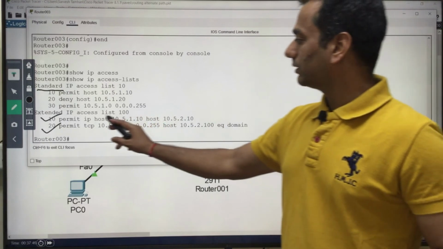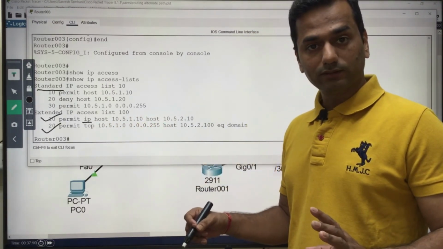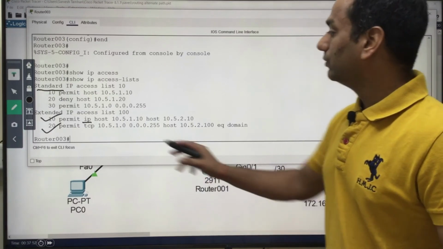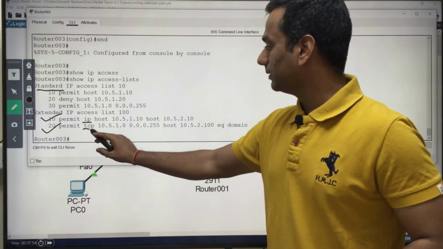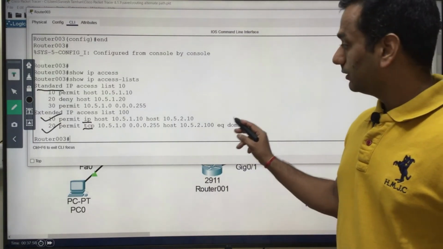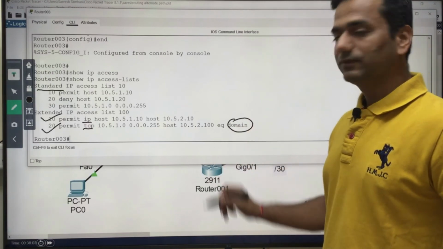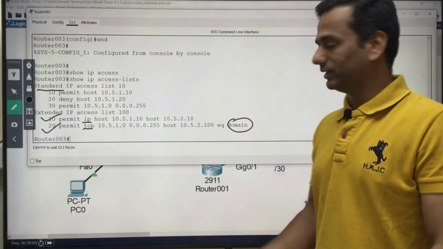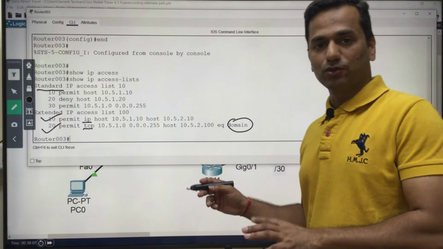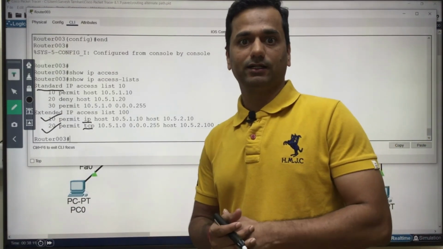In sequence number 10, you have allowed IP, meaning all destination port numbers, irrespective of specific port. You have defined TCP and port number 53, right, TCP 53. Automatically it takes domain, meaning DNS. IOS converts it, don't worry, it converted from port number to name, right?